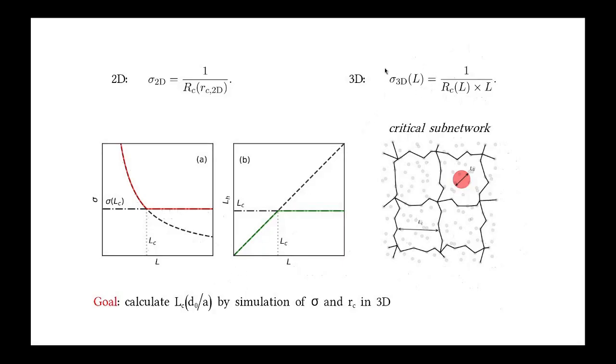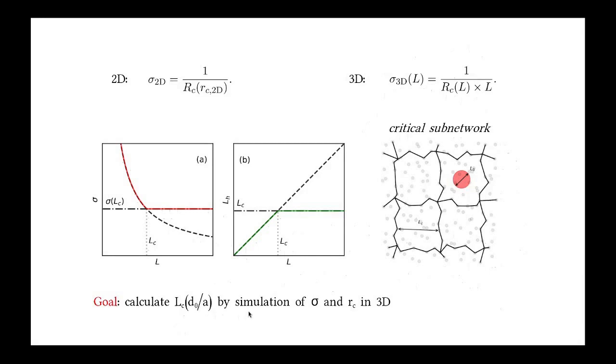Then in the conductivity formula, this parameter should be not the cell size, but a characteristic length. In small cells, the characteristic length is equal to the cell size, but when we reach cell sizes equal to LC, the characteristic length saturates and remains constant and equal to the crossover length. The purpose of this work was to calculate numerically the dependence of the crossover length on the site separation and